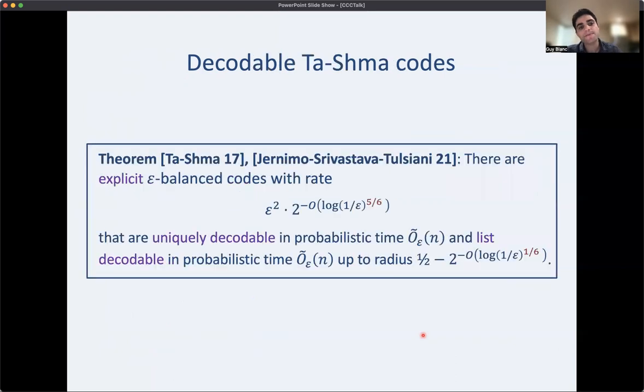Okay, so combining the works of Ta-Shma and Jeronimo, Srivastava, and Tulsiani, JST slightly modified the original Ta-Shma codes, so the rate got a little bit worse. This 2/3 became a 5/6. But they show that they are uniquely decodable and list decodable both in almost linear time, within log factors of